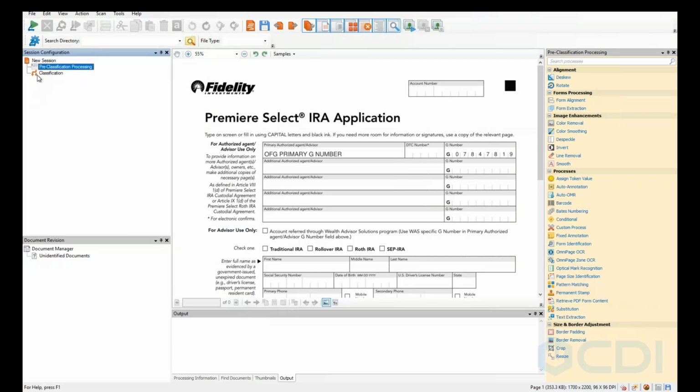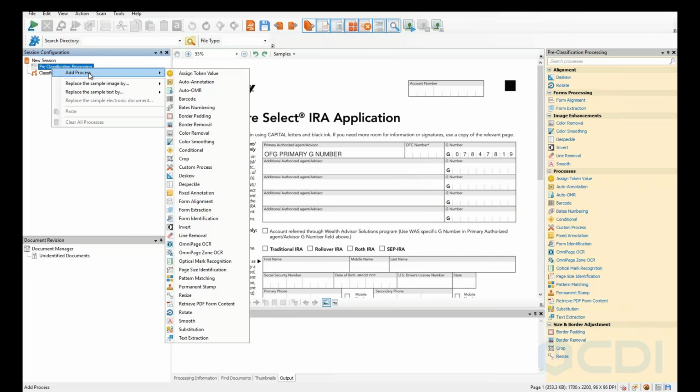But the next thing we're going to do is go through and start adding our different processes. I like to think of this in order. The first thing we need to do is tell it how to identify the document, right? We need to know which document we're going to be working with, and so we need to add some sort of identifier. So if you right click on the Preclassification Processing, we can add a process that's just going to be called,